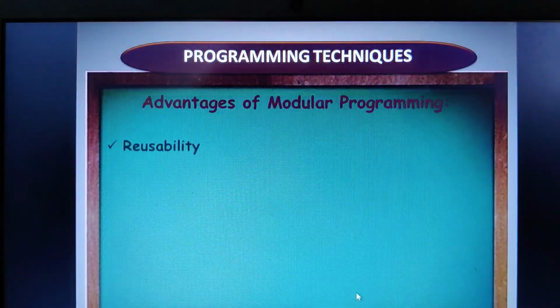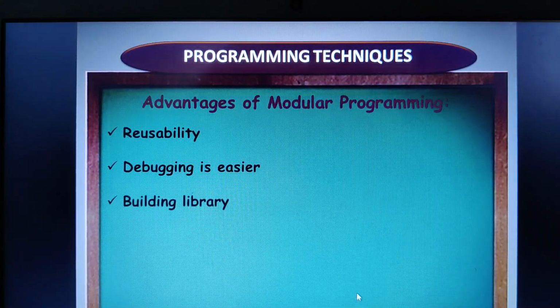The next advantage is building library functions. It is possible for programmers to build their own library of the most commonly used functions.